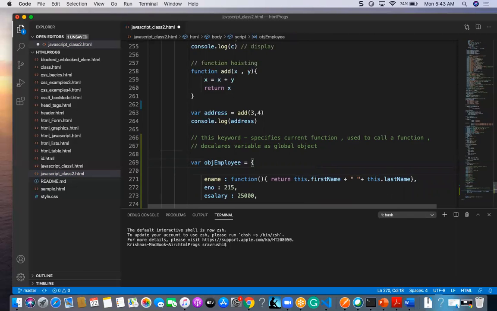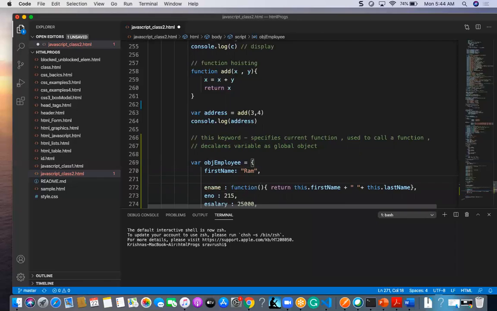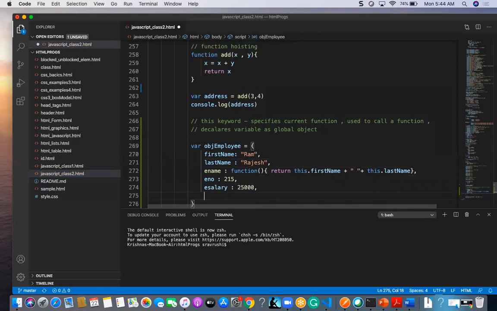So now I want to give the first name and last name. First name, I gave Ram, and last name, I gave Rajesh. So I have to give a comma.